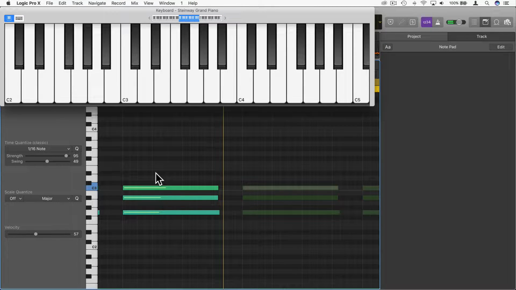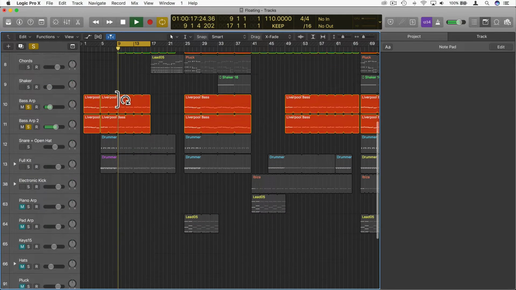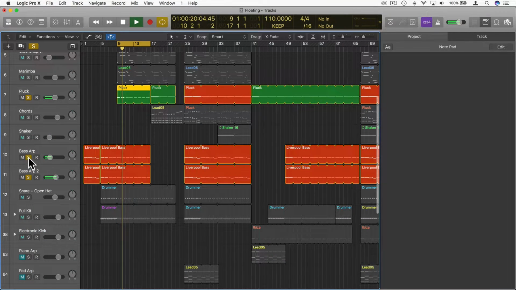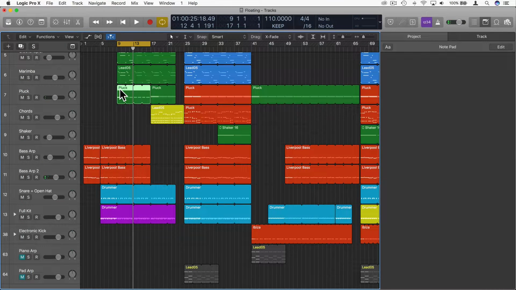Okay, and then if we add the bass part, it's not the easiest to hear because it is on a synthesizer. However,